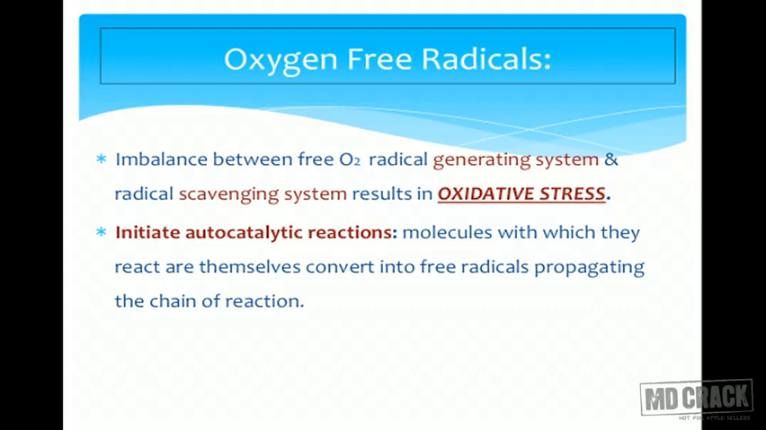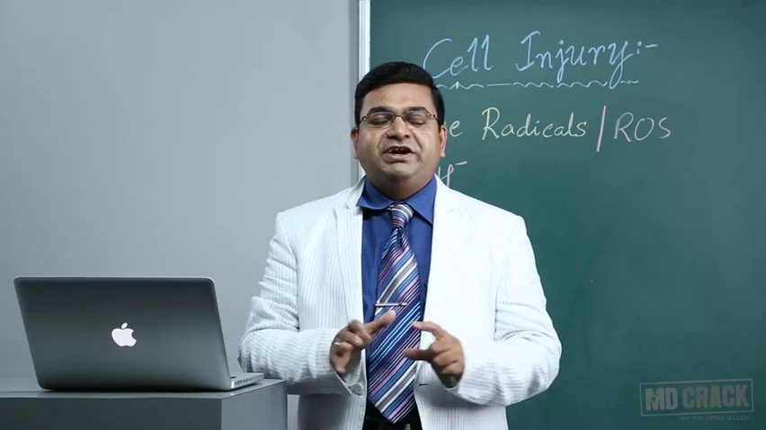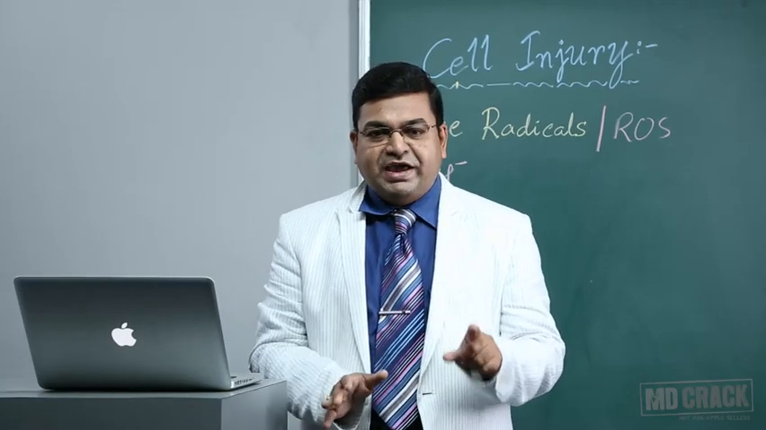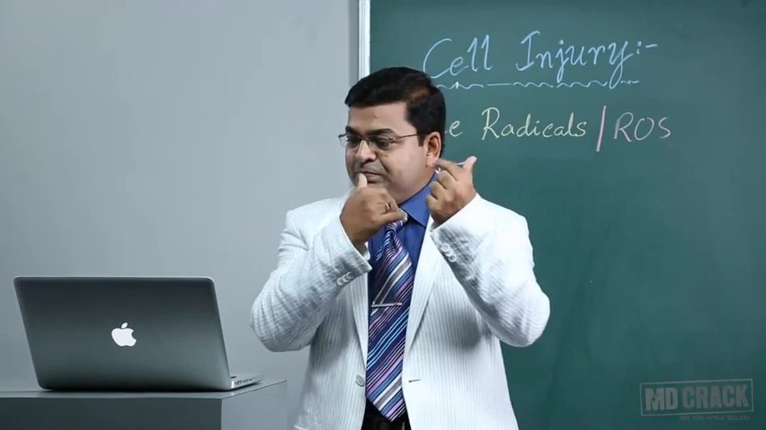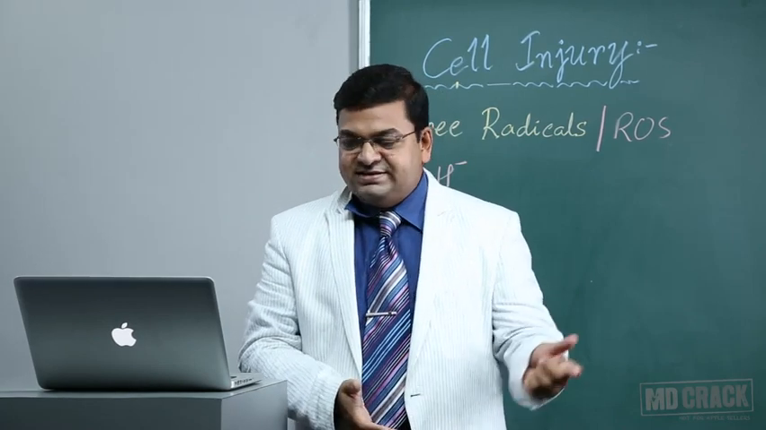We have a mechanism inside our body where there is a scavenging system. So if at all there is an imbalance between the free radical generating system and the free radical scavenging system, it results in what is called oxidative stress. So this oxidative stress is due to the imbalance between the free radical generating system and the free